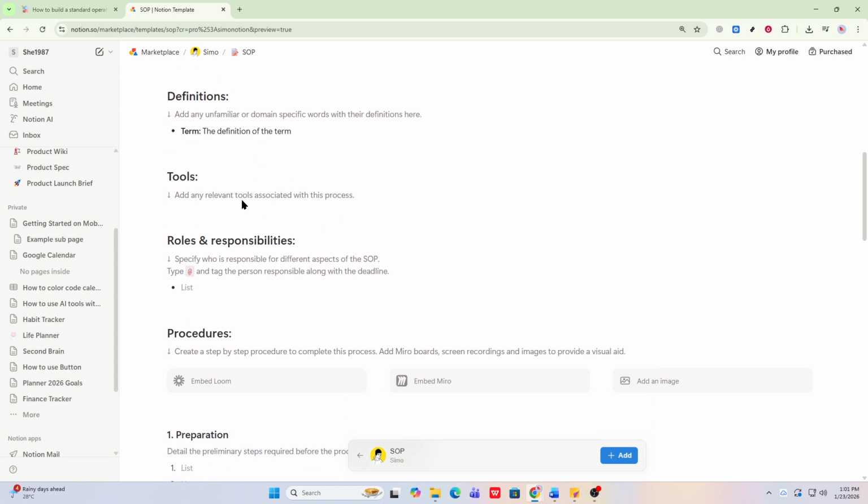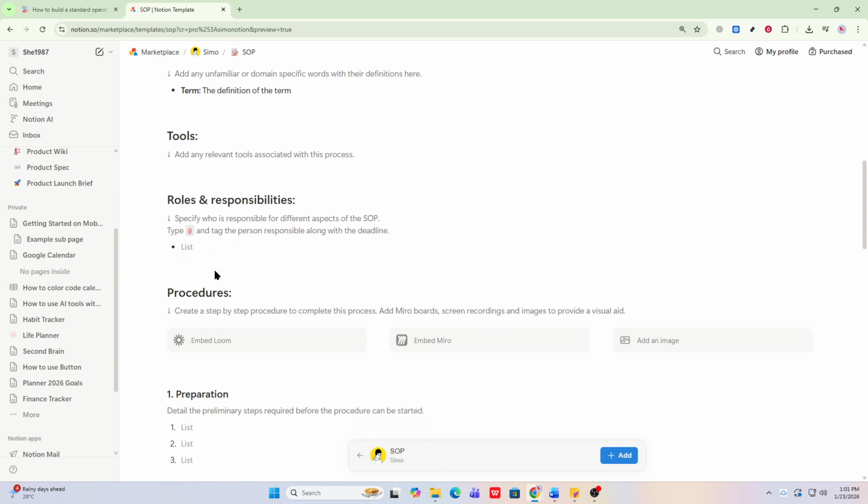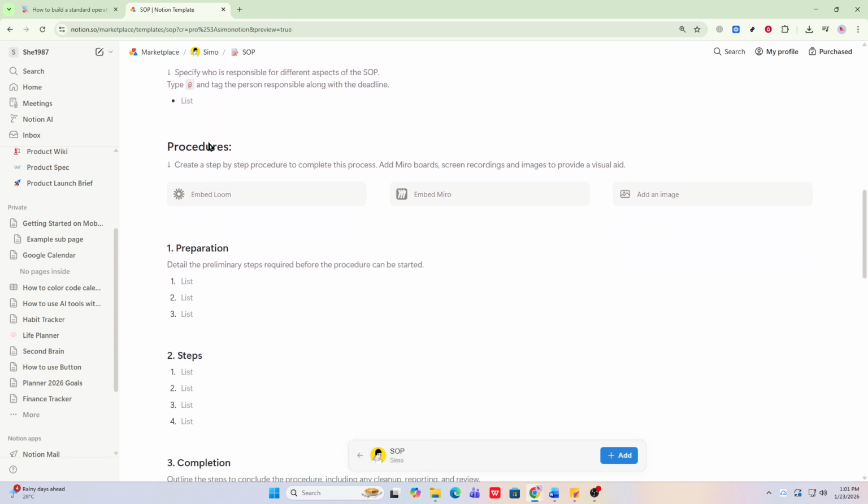For the core procedure, write steps in numbered order using clear action verbs. Keep one action per step, add screenshots or links where helpful, and include decision points. For example, open the customer ticket, verify the order number and payment status. Check eligibility against the policy, submit the refund in the payment processor if eligible, update the ticket with confirmation, and